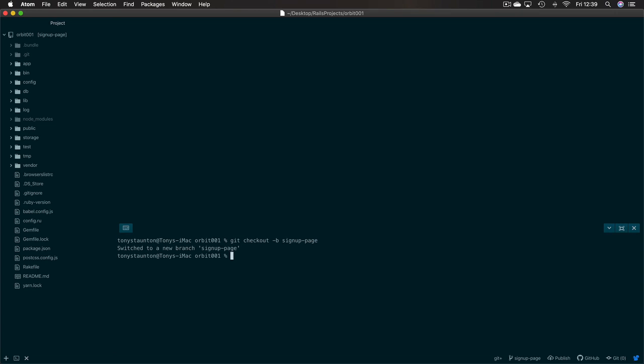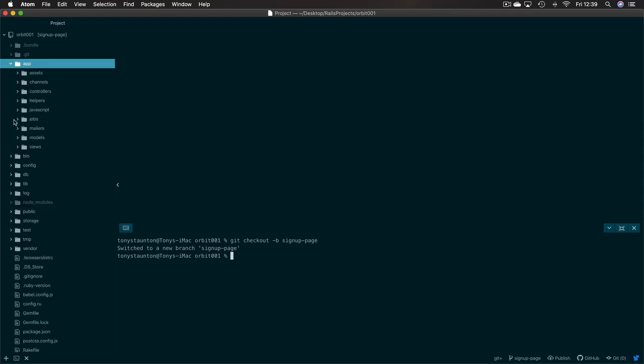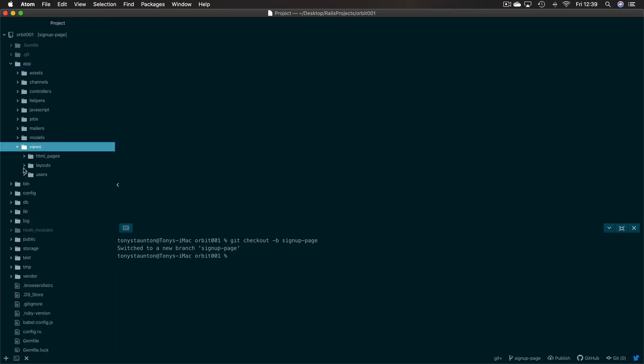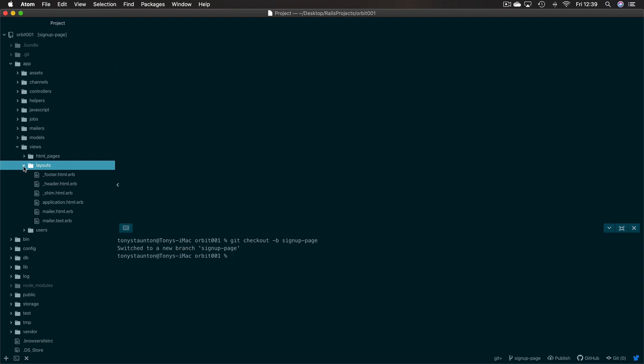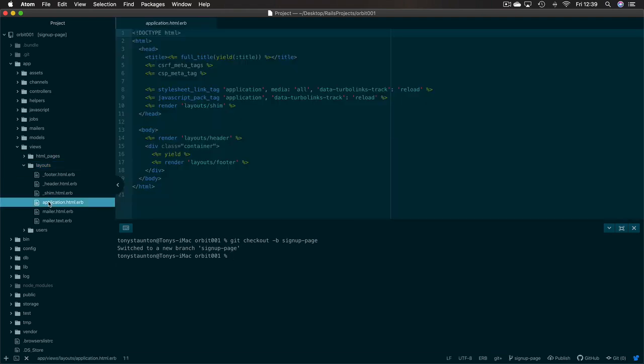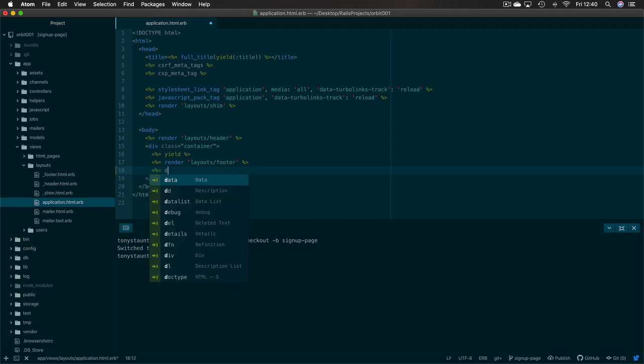So let's go to App, Views and Layouts. So on the left hand side, App, Views, Layouts, and application.html. There we go. And where do we place this piece of code? Well, at the very end of our file, before the closing div, hit enter and type in <%= debug(params) %>